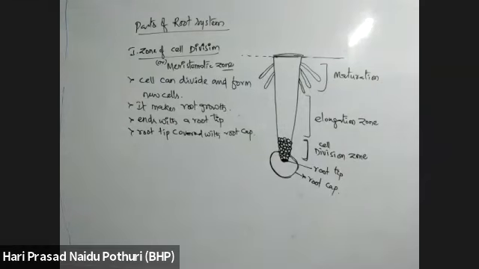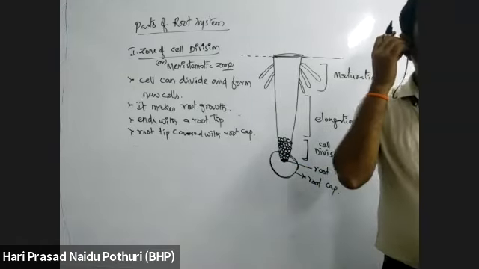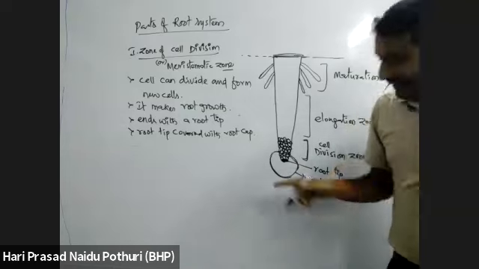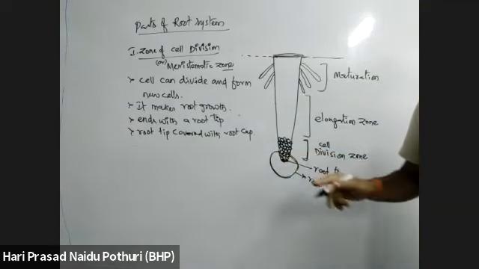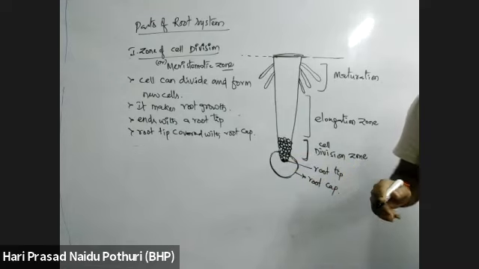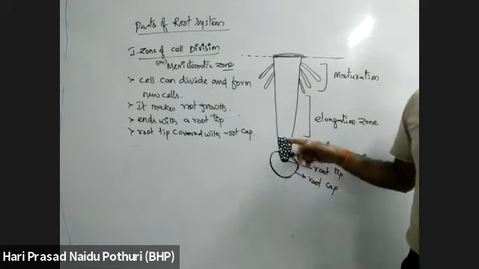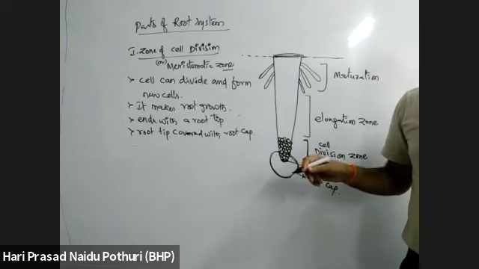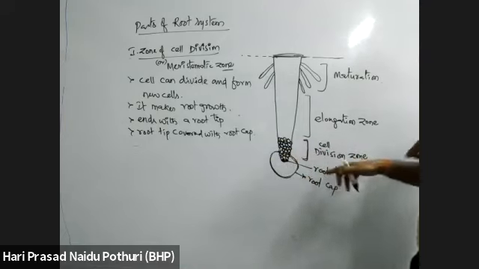It is responsible for two major functions. The root tip is covered with a root cap that has two important functions. One function is that it protects the root tip, because the root tip is young. Actively dividing cells are present in the root tip. It is young tissue, which means very smooth in nature. As it is smooth in nature, it is protected by the root cap.